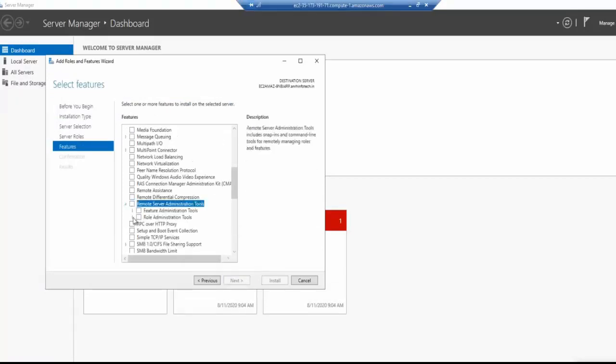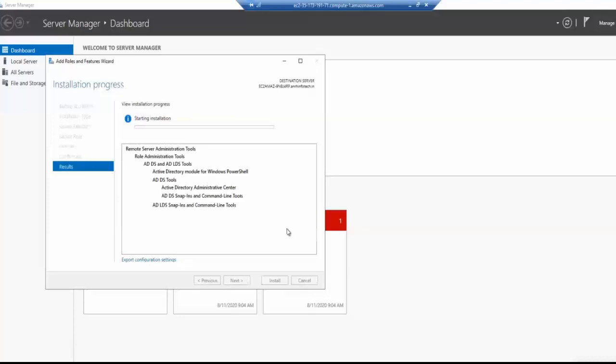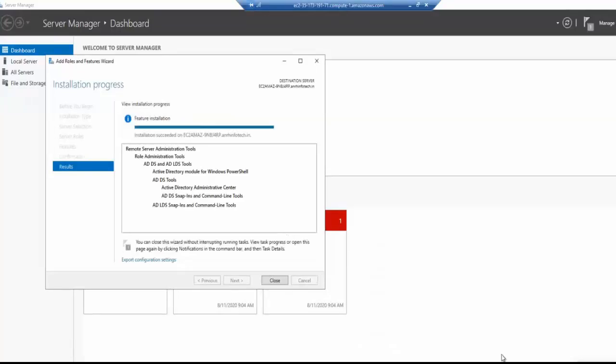So there's RSAT here, role based, and just install this AD DS. Okay, so you can see here that it is installed.